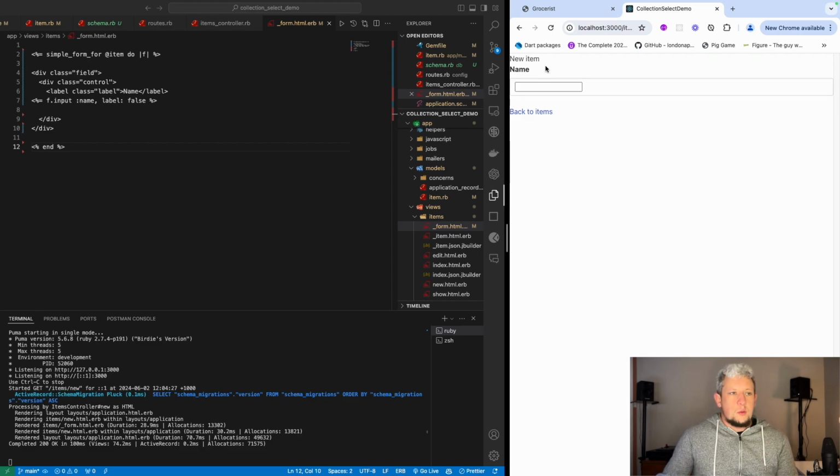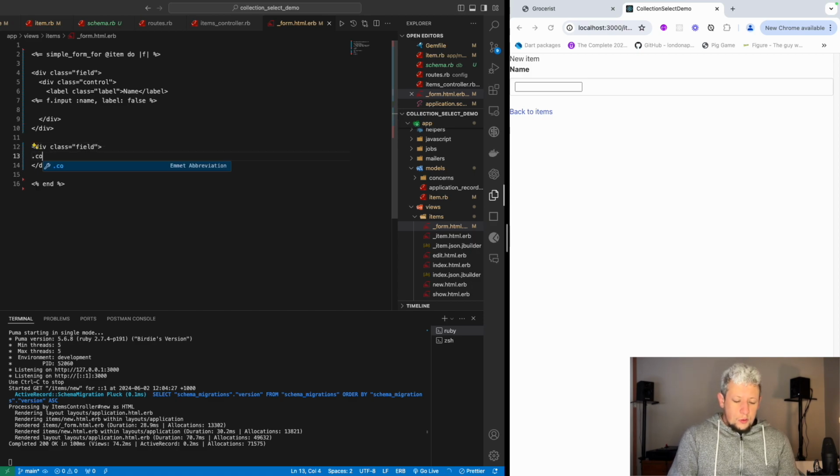Also, you can change the label styles if you want it next to the field. Don't really need to do that, that's not the point of this video. So next thing we need to make another field for our collection select. So again, dot field, did I spell that right, and then the control,